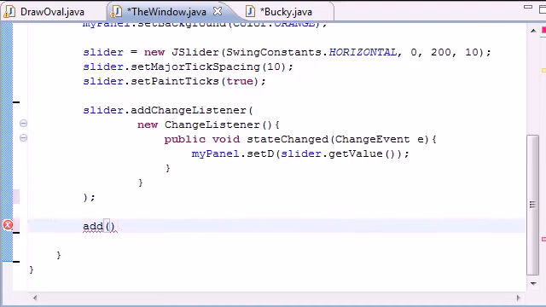So we built a bunch of stuff or programmed it. Now we actually need to put it on the window just for looks. And in order to do that, you just use the add method. So just put add, and it takes 2 parameters. Add slider first and border layout